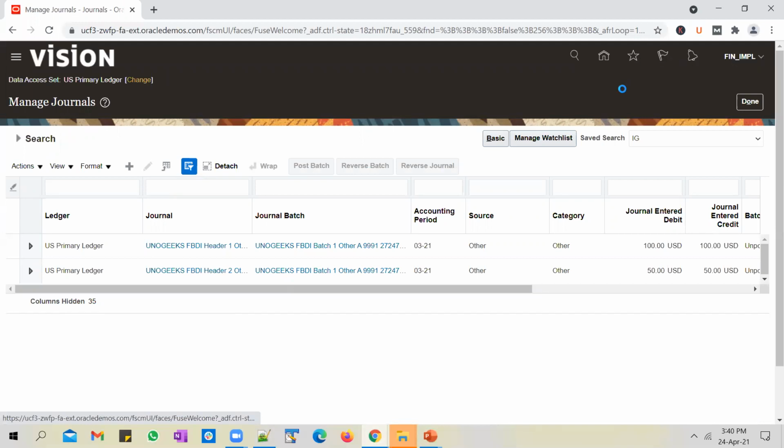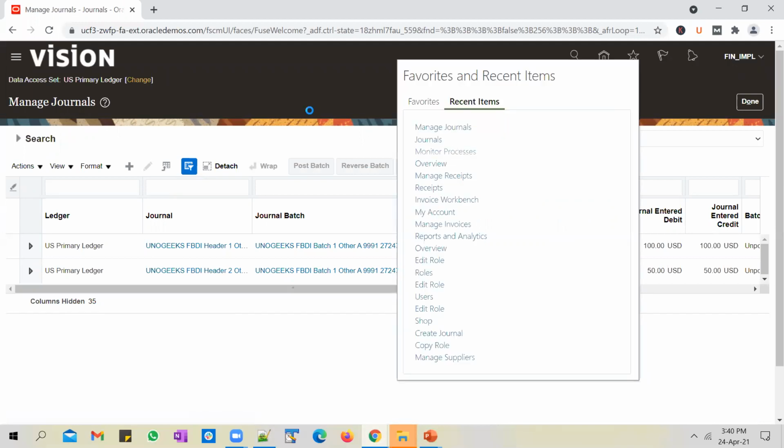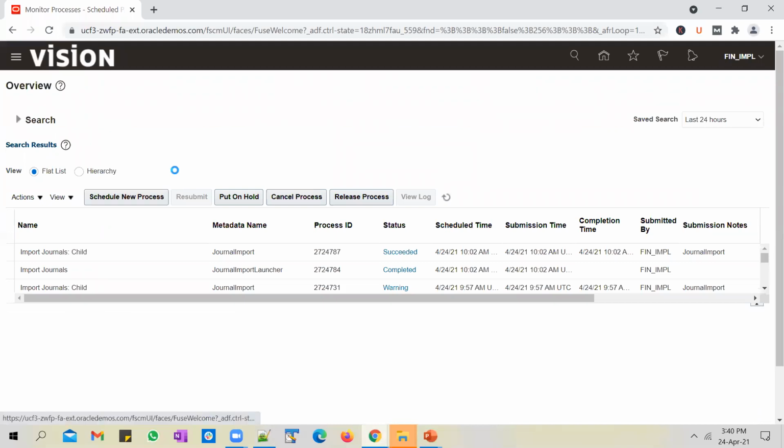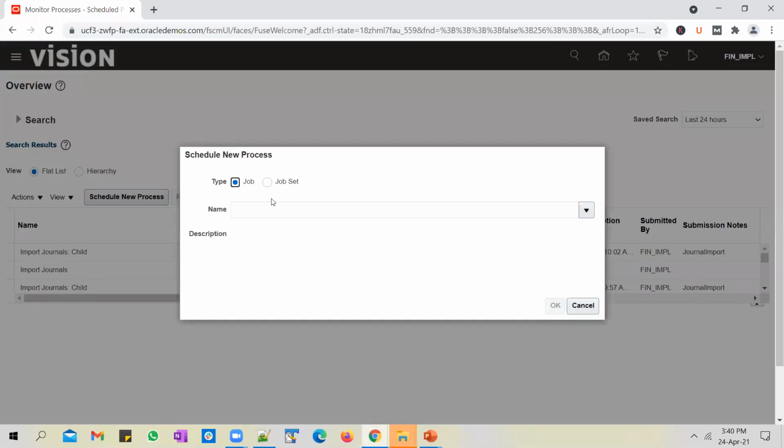So when you want to load a file, what do you have to do? You go to the monitor process screen, and you schedule a new process. Run the loader job first.